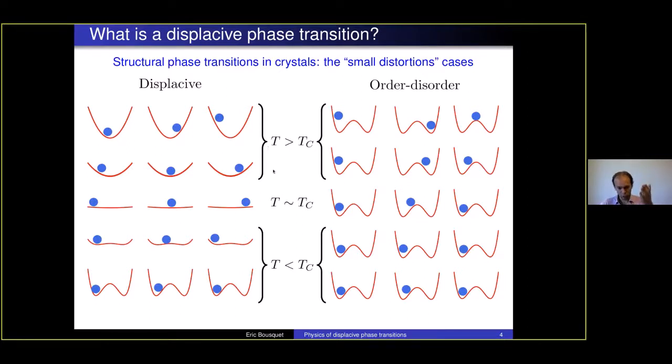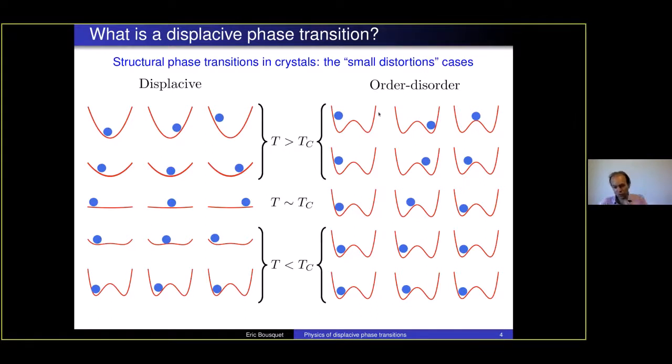And then when you cool down the temperature, this energy well is going to soften more and more. It becomes quite flat, up to the point where, below the critical temperature, you start to have a double well of energy. So it means that you can have two possible minima of the position of the atoms. And if we suppose we are in a monodomain, the atoms are going to be in one of the two minima of the energy, here, let's say, on the left side, and the atoms will now oscillate inside one of the wells of the double well.